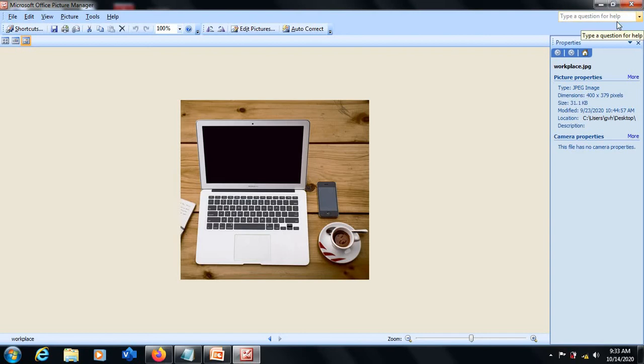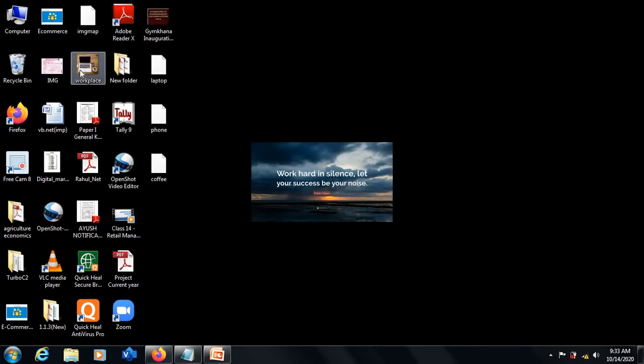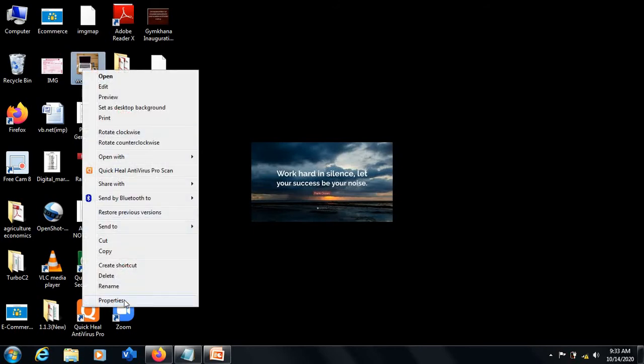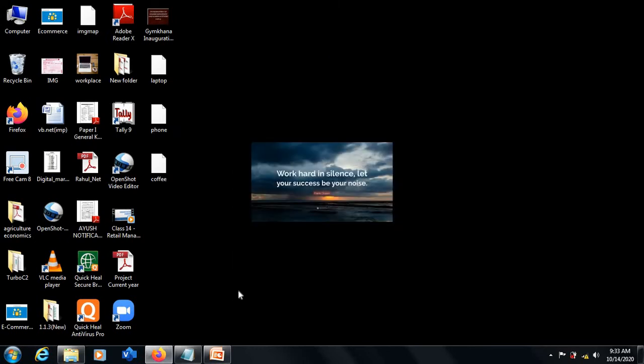You can check it with MS Paint or Picture Manager, or also you can right click on the image, go to properties of the image and click on the details tab in the properties window. There also it will display. Have a look at this. Here as well you will get what the width is and what the height is. Width is 400 pixels and height is 379 pixels. So guys, you will have to remember this now, that the width of the image that we want to insert is 400 pixels and height is 379 pixels. So let's continue with coding now.